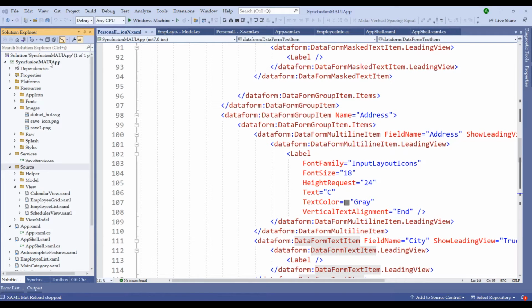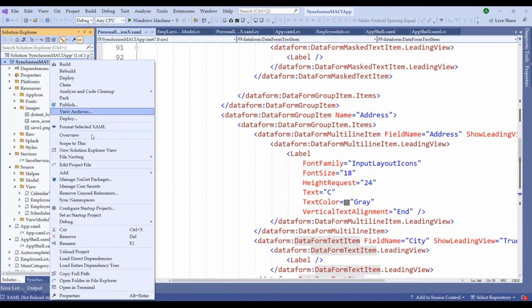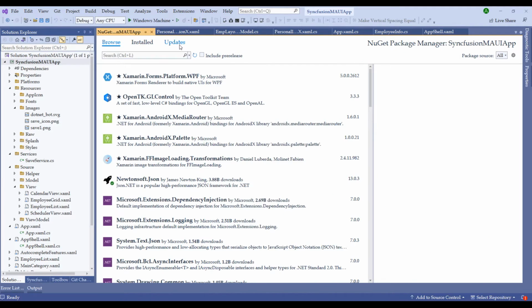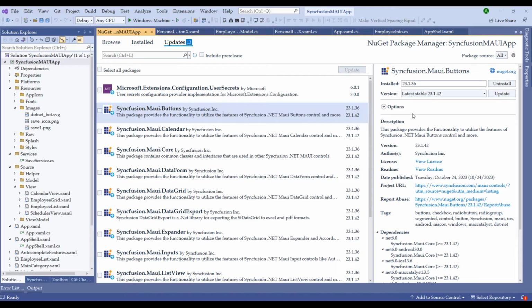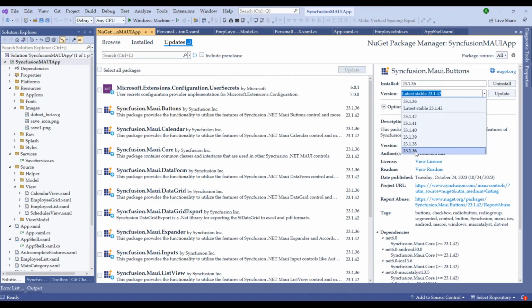Before creating the XAML file, right click on the project, manage NuGet packages, switch to the updates over here, and notice that I have upgraded all the packages related to the Syncfusion from 22.2.5 to 23.1.6. The simple reason is Syncfusion MAUI buttons is released in 23.1.36, and hence the minimum version required for Syncfusion MAUI buttons is 23.1.36.